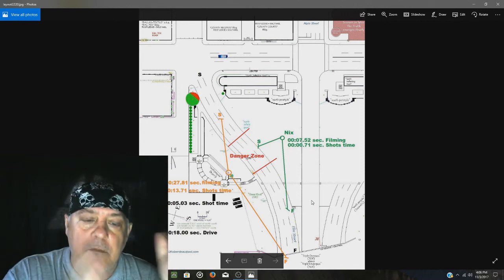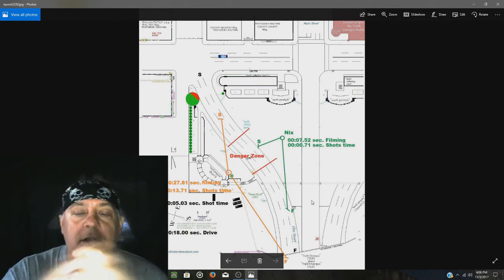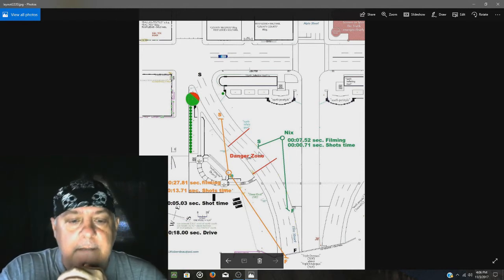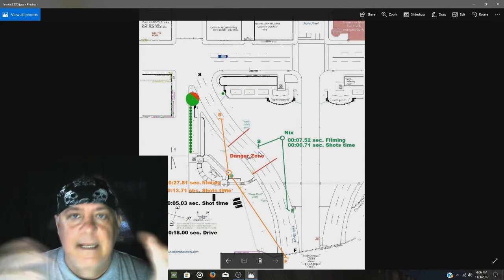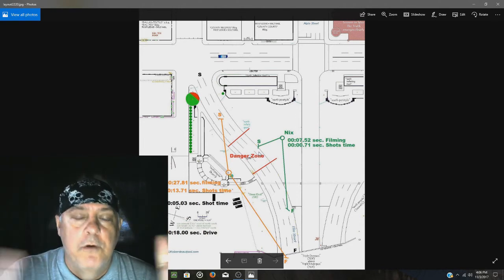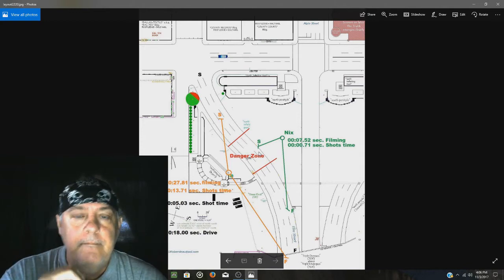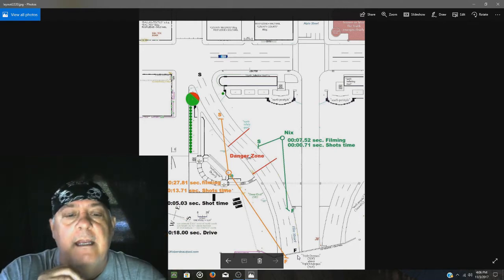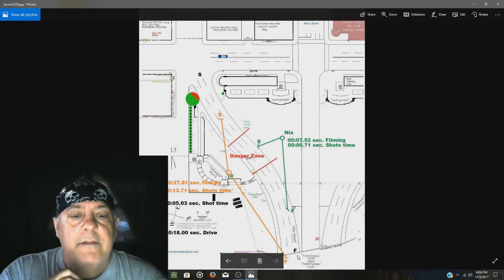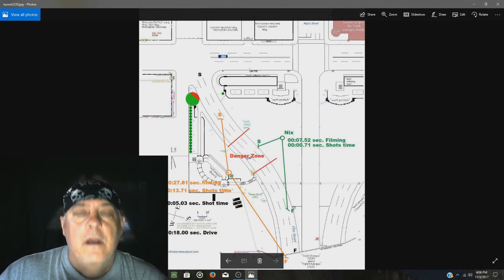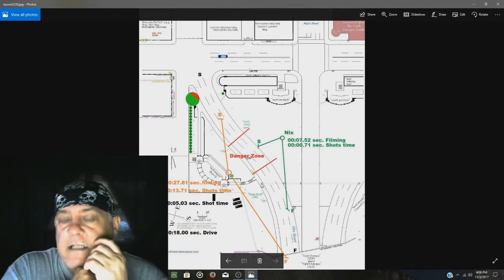Shot time in the Zapruder film, just in the danger zone, is 13.71 seconds. Now when we go into realistic time, and this is called realistic time because remember, Mr. Zapruder was filming in slow motion, the drive from the starting point of Elm Street to the end of Elm Street is exactly an 18-second drive time. So within this danger zone, to take 6 shots